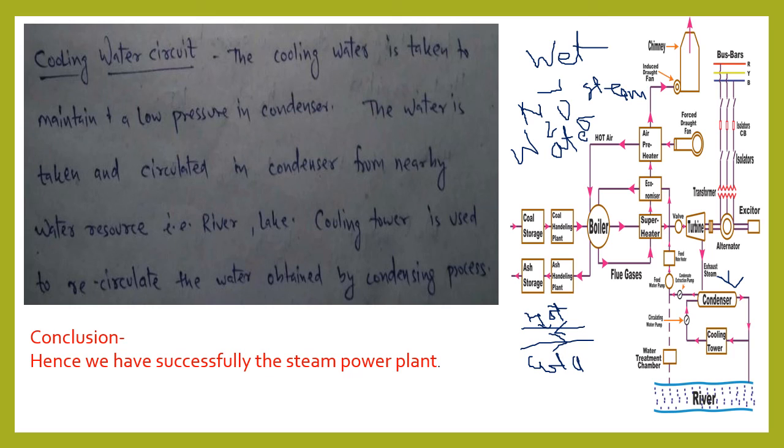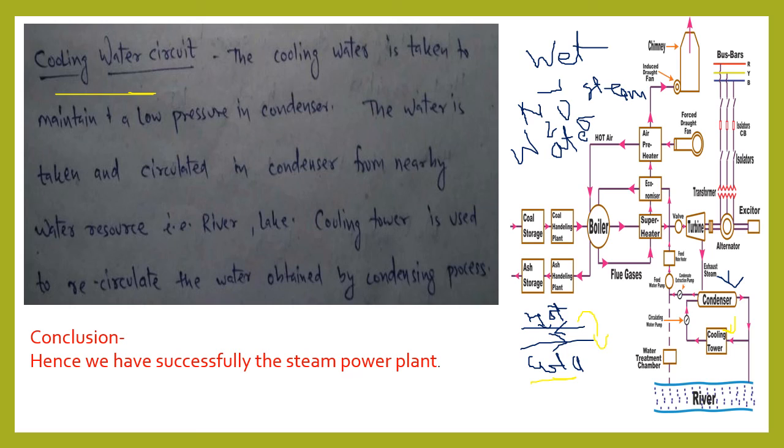Now this cold water is heated by taking energy from wet steam and it will attain a higher temperature. Now this higher temperature is reduced by the use of cooling tower. Again for the whole process we should have some makeup water so that the loss of water can be reduced. So this is all about the cooling water.